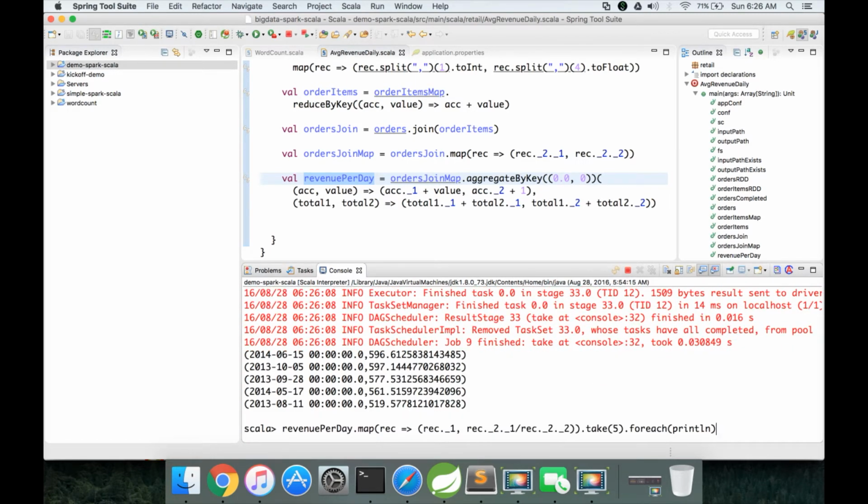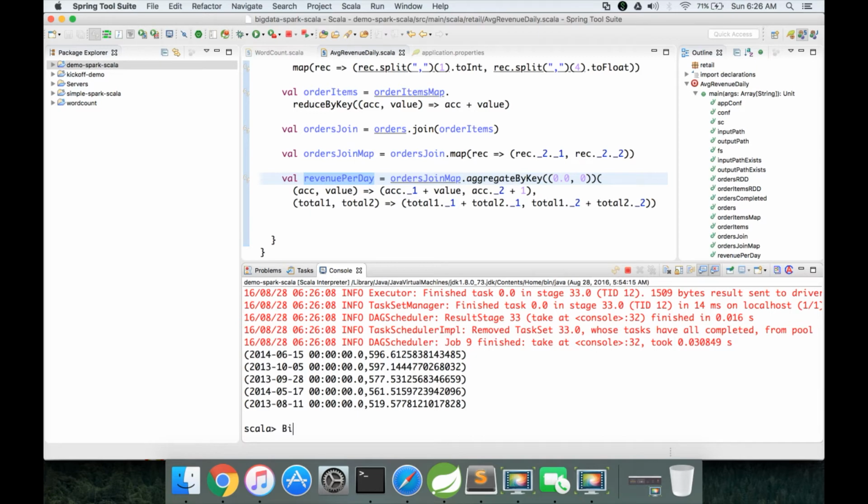Let me close this. Now we have to explore a little bit about Scala. To round these values, Spark does not provide any APIs. We have to use Scala based APIs.